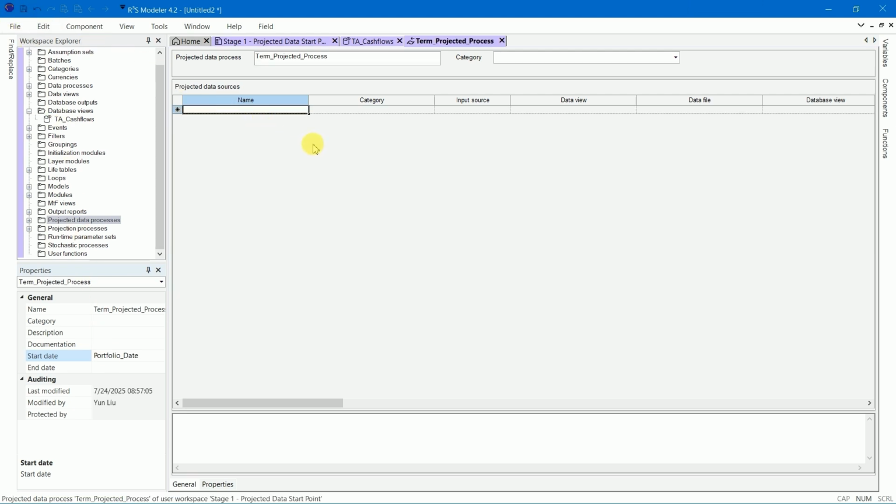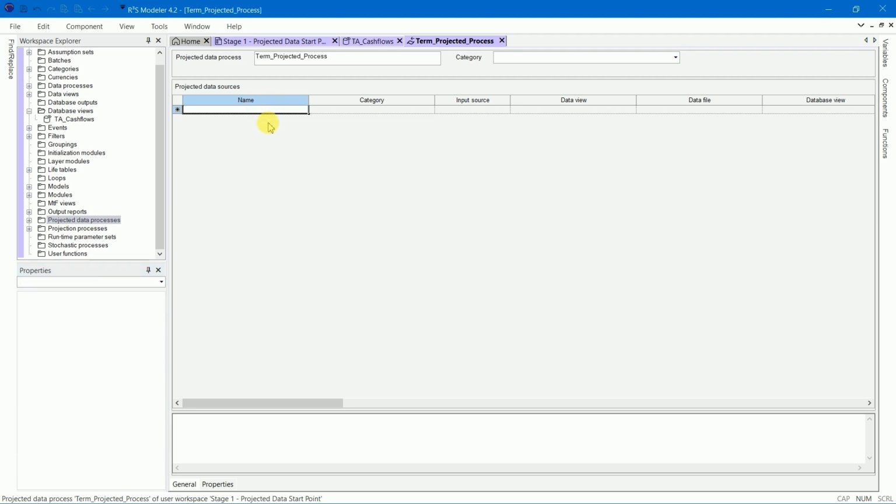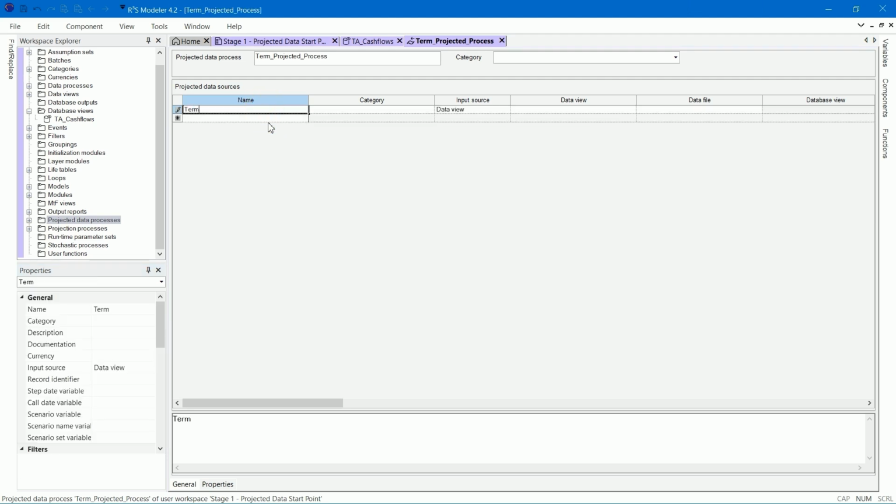Each projected data source defines both the external file that holds the projected data and the specific data or database view used to process those records. Next, add a new projected data source and call it term. Apply the following properties.